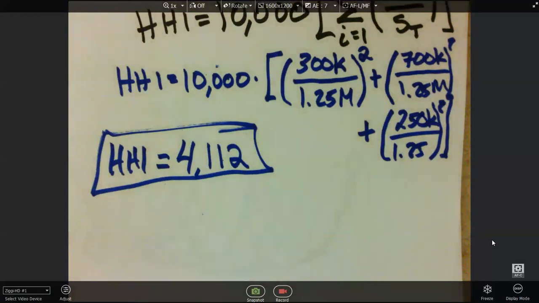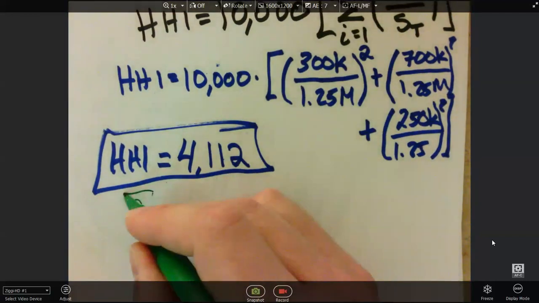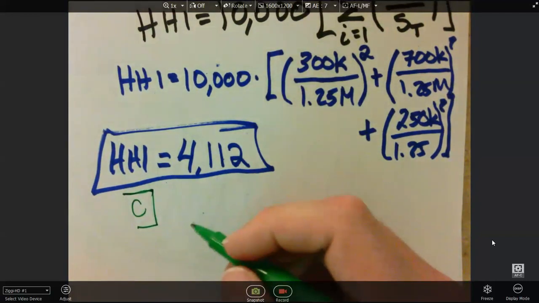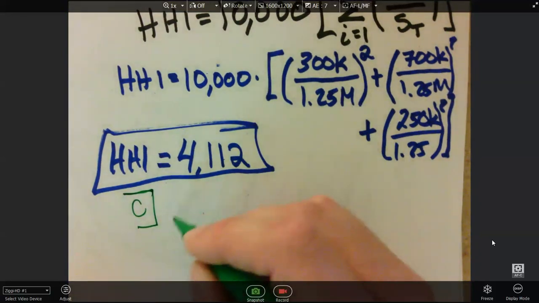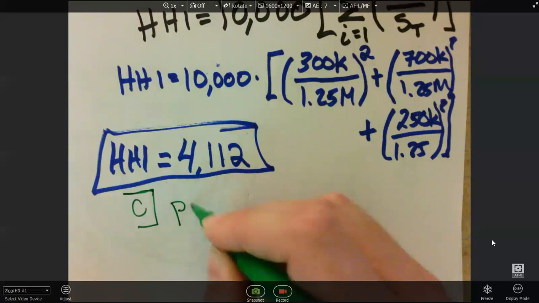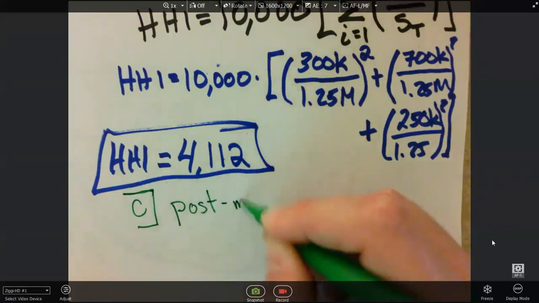So this is part C, right? And so the guidelines say that the post-merger HHI